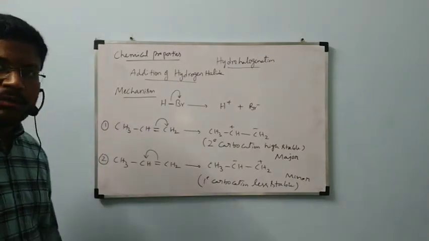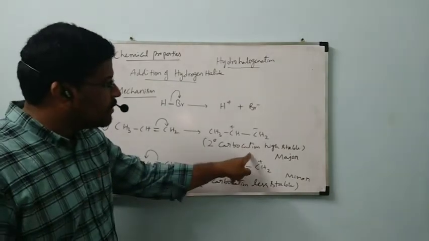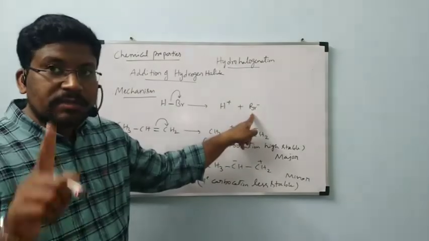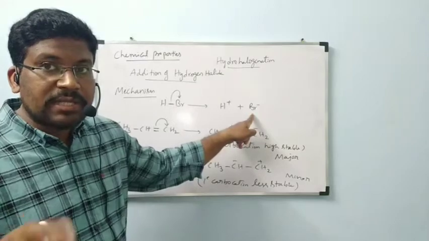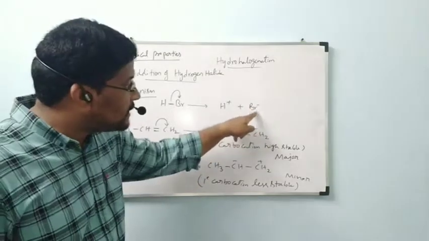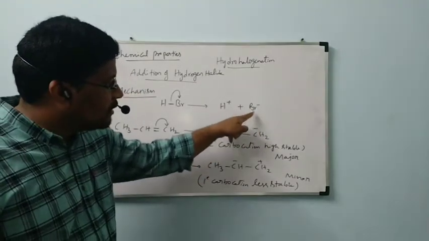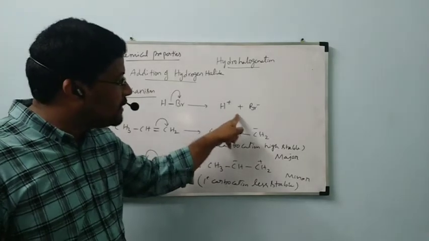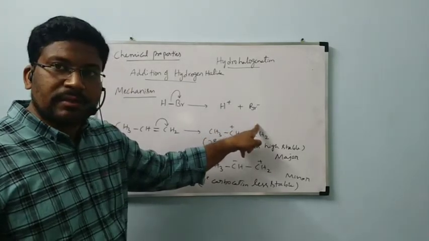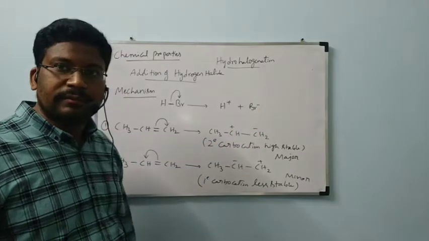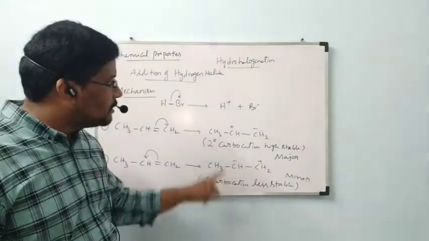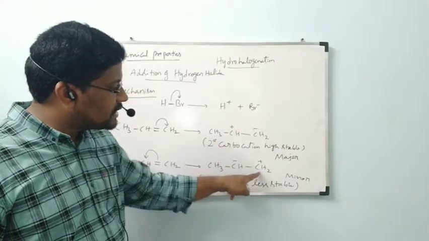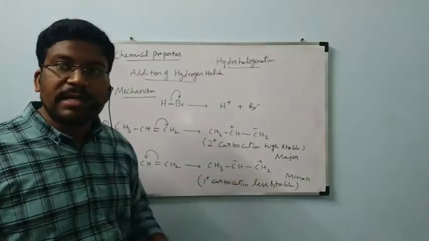Is it okay? Now this major is going to react with HBr, H plus Br minus. Observe, opposite ions will be attracted. Br minus will react with CH plus, and H plus will react with CH2 minus. We will get that, the major product. Then H plus will react with CH minus, and Br minus reacts with CH2 plus. That is formed as minor.